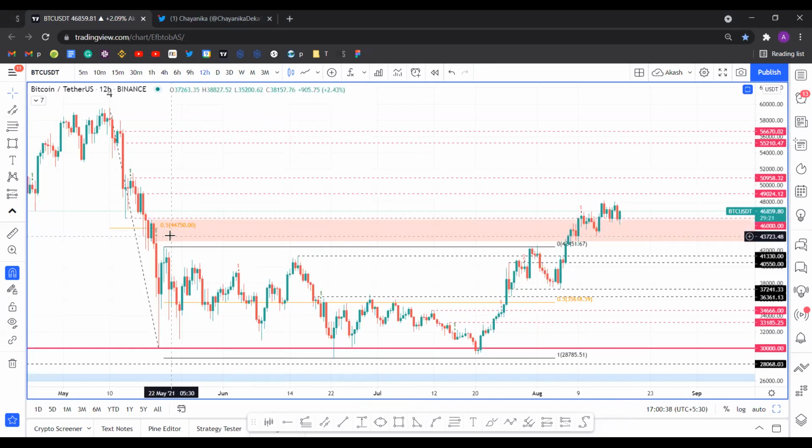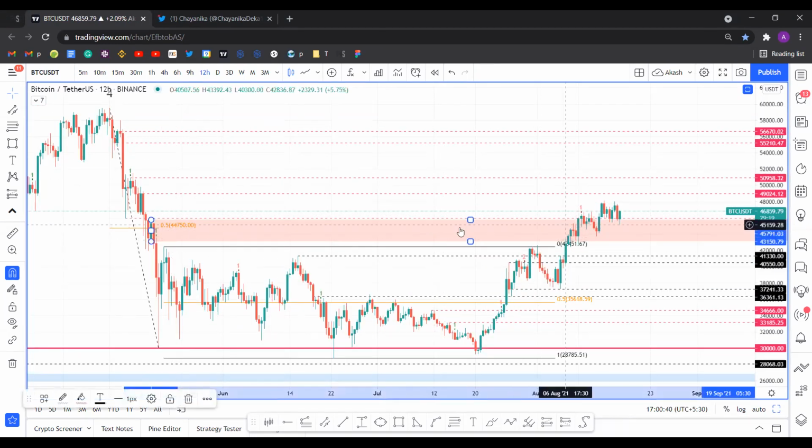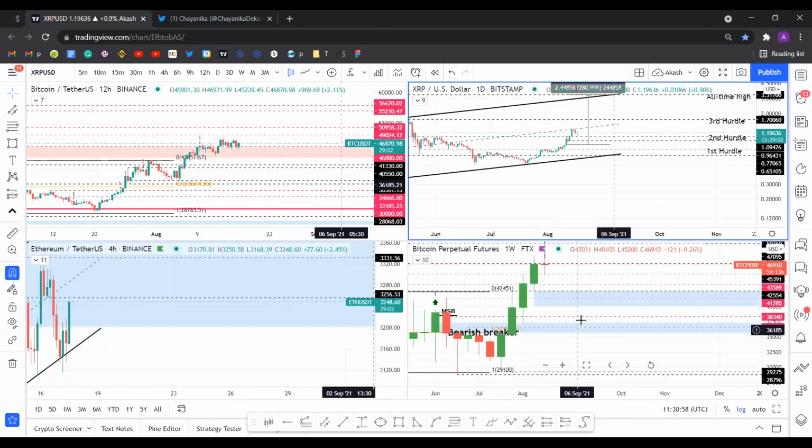For me, I'm looking at this recently flipped supply zone to the demand zone, and right now it's been holding up pretty well above this. This demand zone ranges from 43 to 46k approximately, right? And I want Bitcoin to hold above this. As long as it does this and it manages to go above